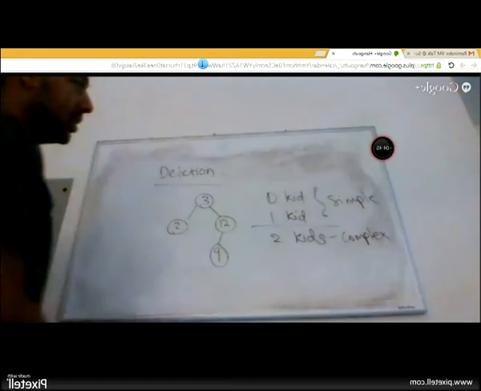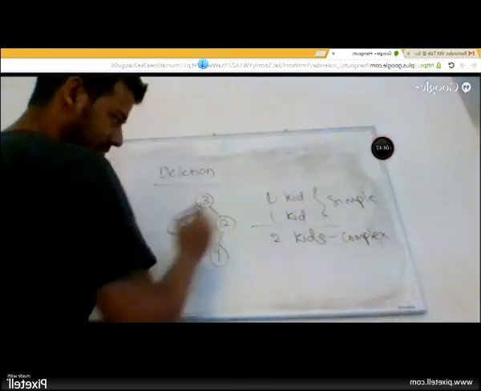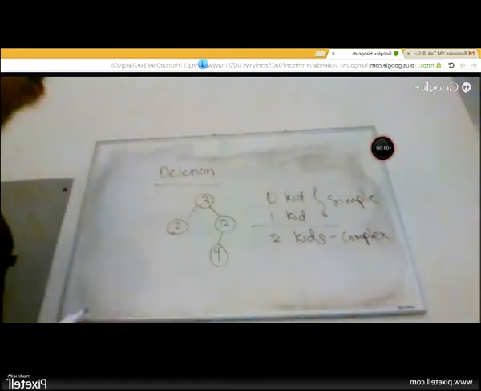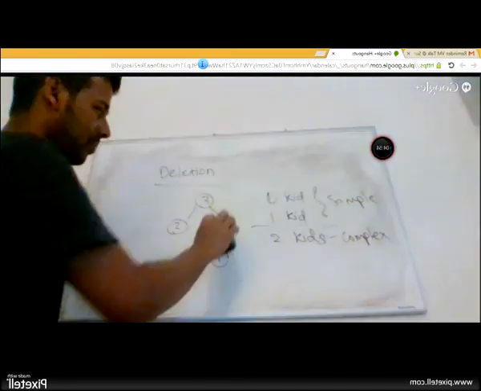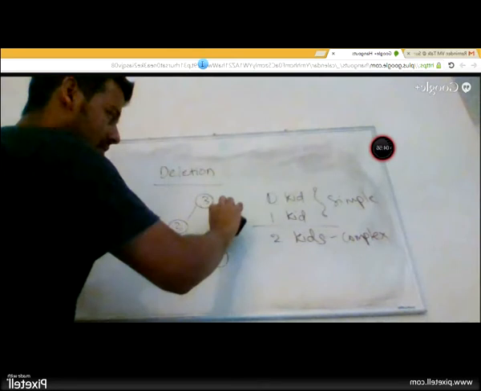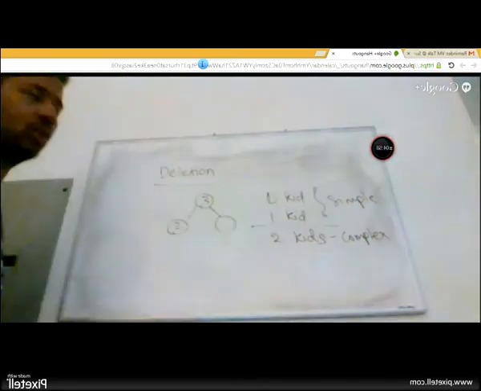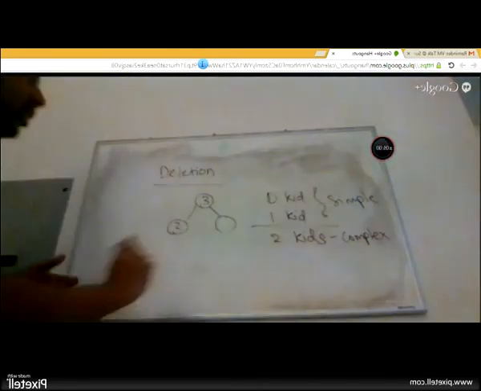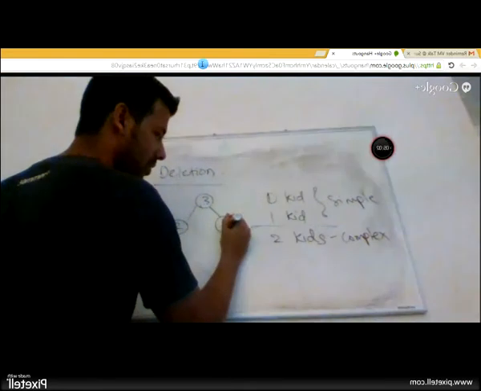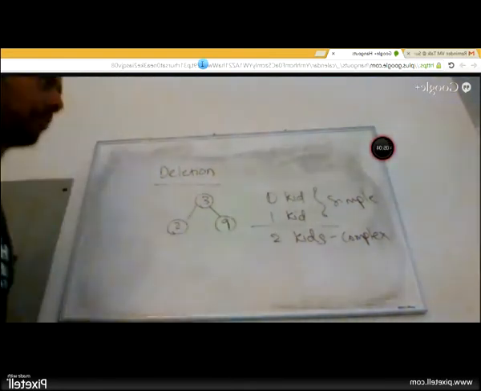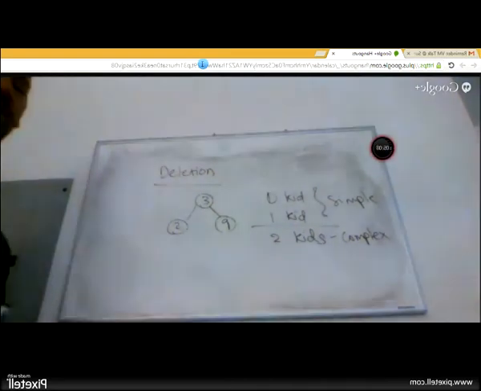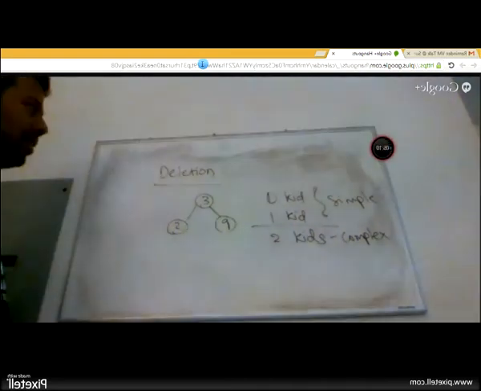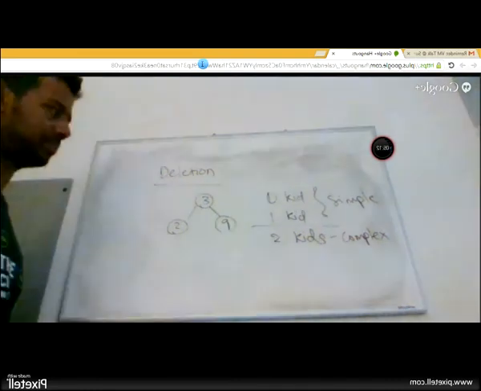That is good. If I have to delete a node with 1 kid, let's take 12, it has 9. To delete that, all I have to do is to promote the kid to a parent level. So 9 goes to 12's spot, and I'm done. Still simple. I just have to swap them. 2 kids is slightly complex because I have to pick between these 2.